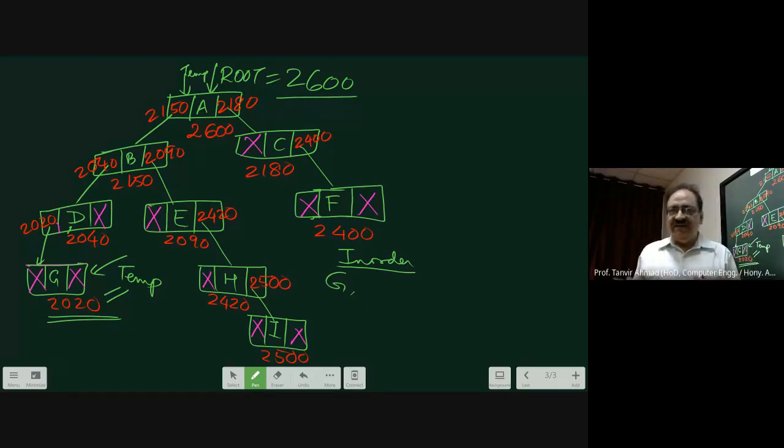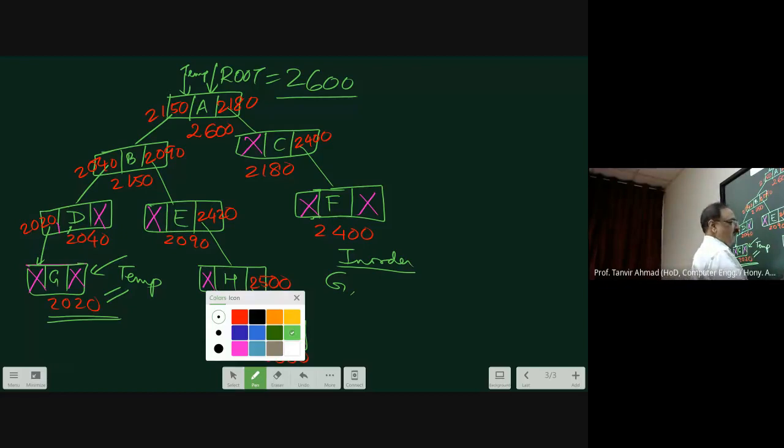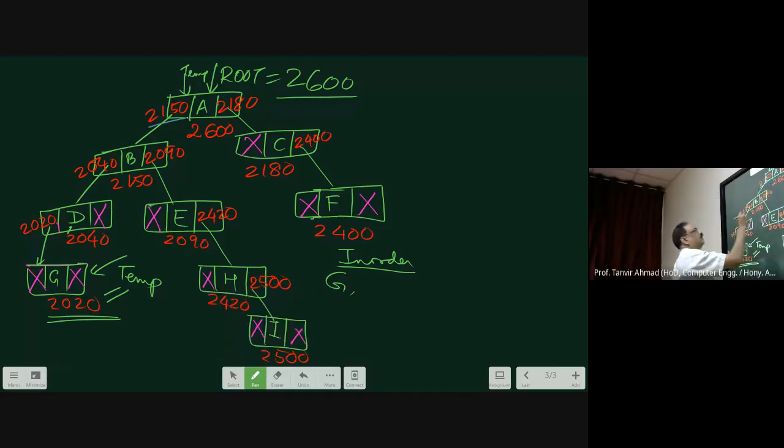Root is 2600, fine. Temp is equal to root, therefore temp is also 2600. I want to come to the leftmost node of the tree. I follow the left pointers. I keep on following from here, then this one, then this one, then I reach this one.